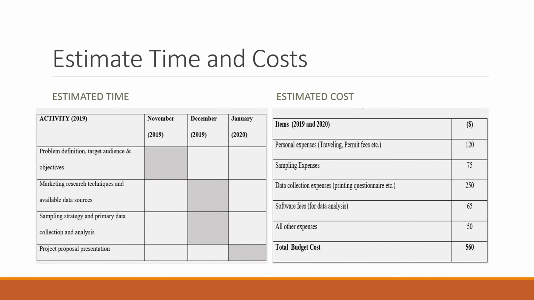Now for the estimated timeline and cost. As you can see, this process is expected to take about 3 months, which purposely includes the holiday season. Budget, which is estimated around $560, should not be an issue, and it might even be less expensive considering the researcher will be using free software. The largest expense will be printing survey forms in an attempt to catch traditional brick-and-mortar shoppers or those who are at the mall or visiting a grocery store.